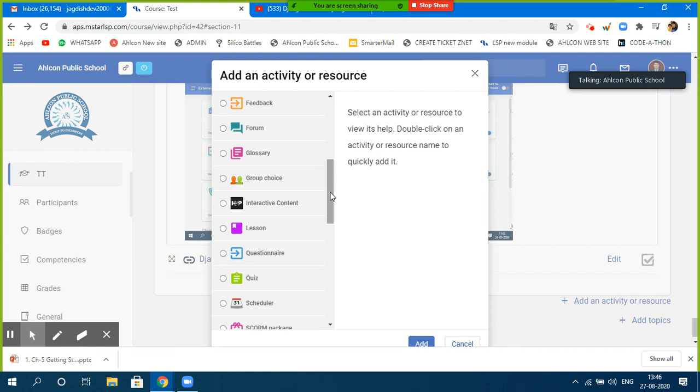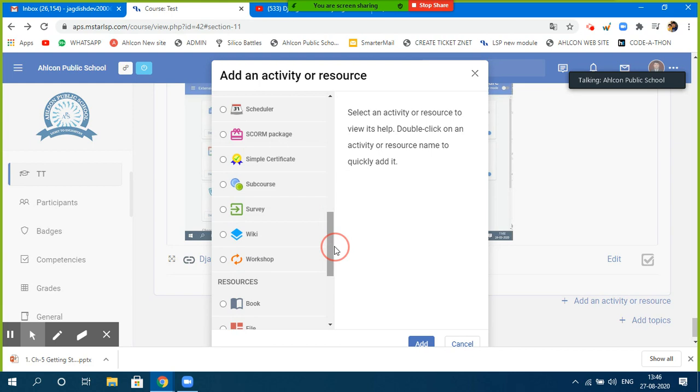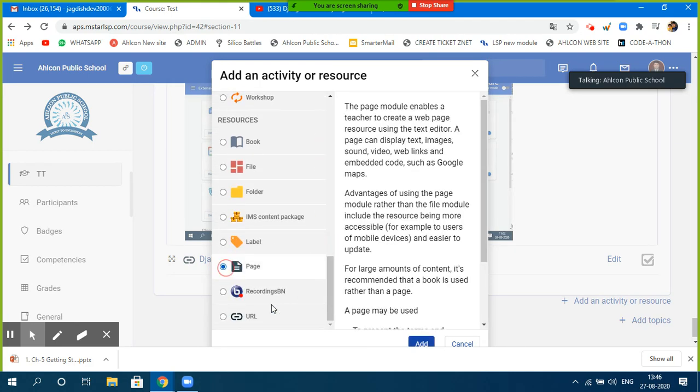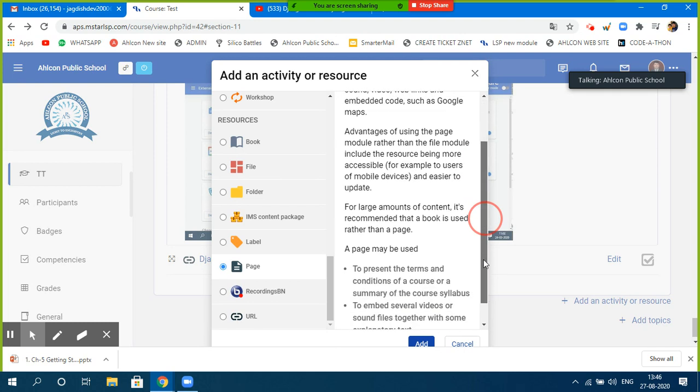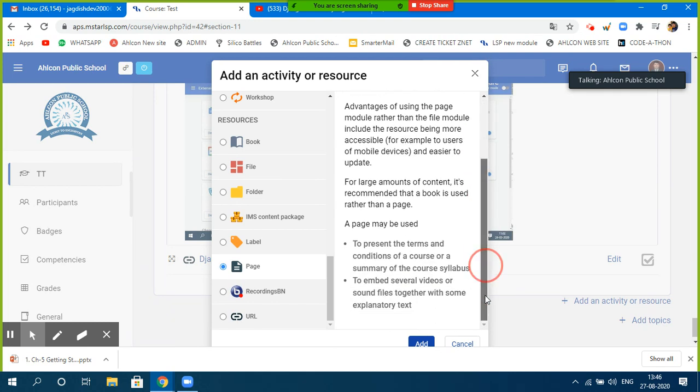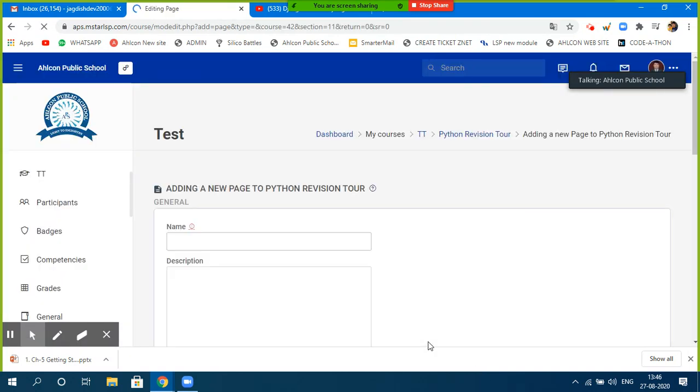Okay, so I'll click on the page. This is an HTML page sort of. Okay, because an HTML page contains each and everything, the text, images, links, audios, videos also. Okay, so it will act as a page, I mean as an HTML page. It's all up to you how you design that, right? I'll show you how you create the page initially. In the later part you can design the page, right? So click on page, click on add, right?